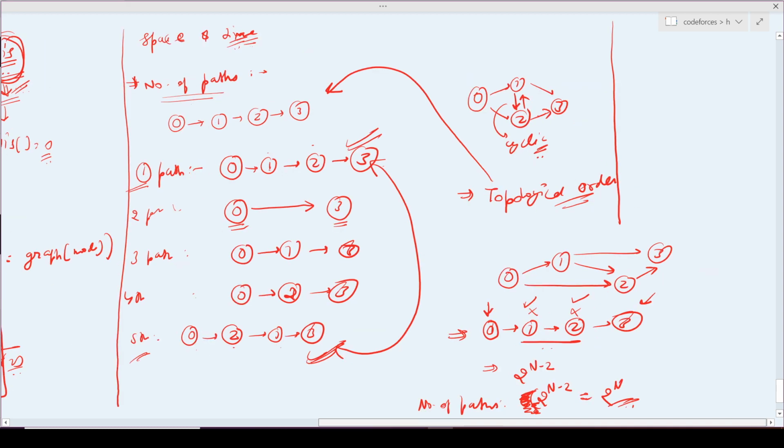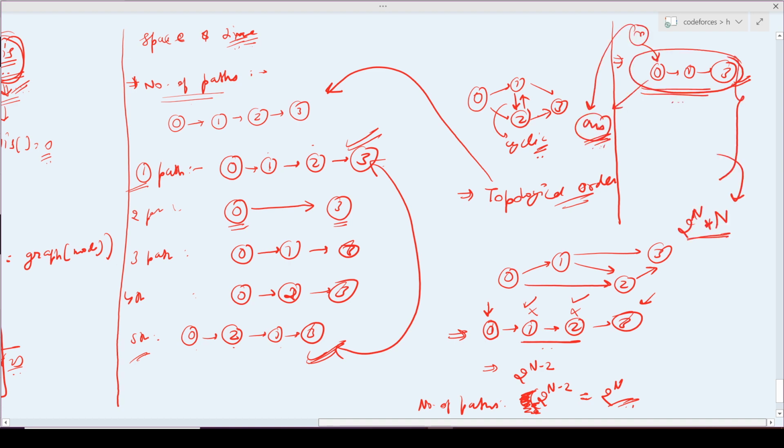So for every path, what you will do, suppose you have a path, let's say I have a path of 0, 1, 3. So when you have this path, you will insert this whole path in your vector answer. So you have to insert this whole path of length n in your answer, and you have to do this for every path, which means the number of paths are 2 raised to the power n, and for every path you have to insert it in your vector answer, and it's a linear insertion, which means O of n insertion.